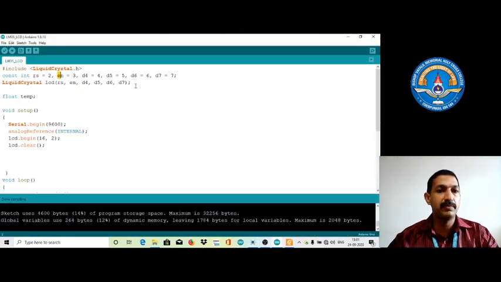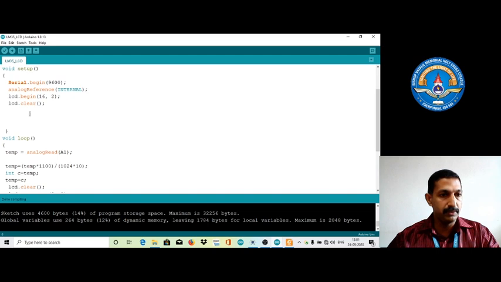Here it is the same with the liquid crystal: 2 RS, 3 EN, D4, D5, D6, D7 as 4, 5, 6, 7 respectively. One more thing, we have this float temperature. We are defining a float variable temperature.